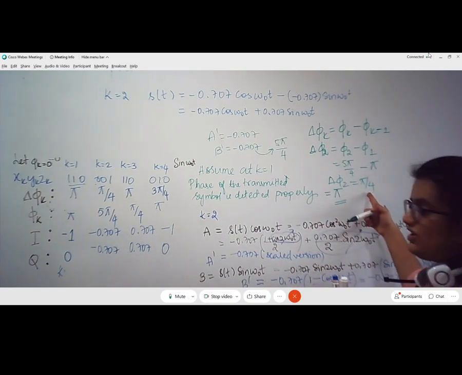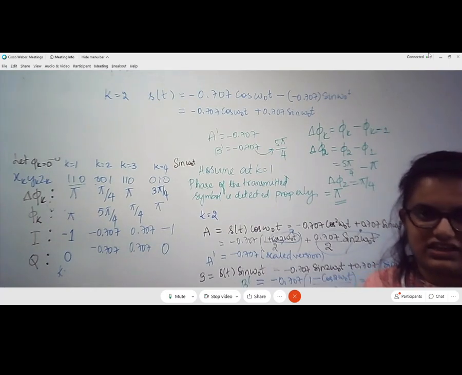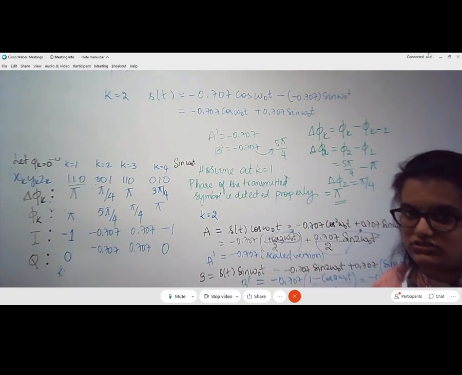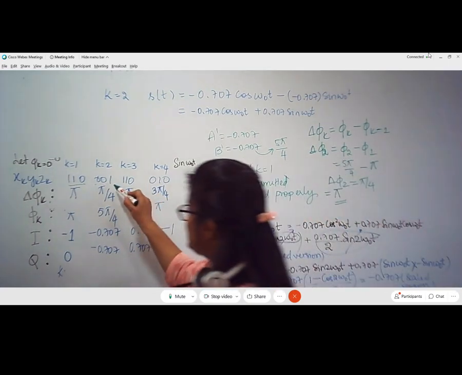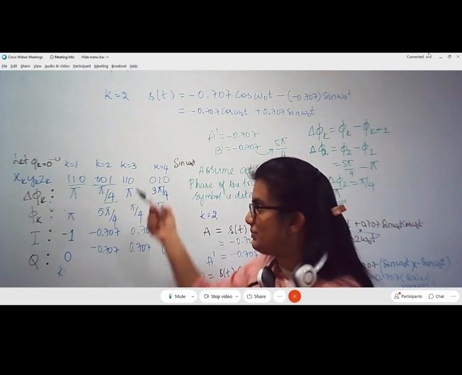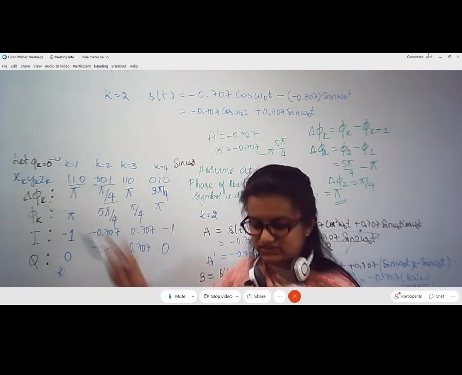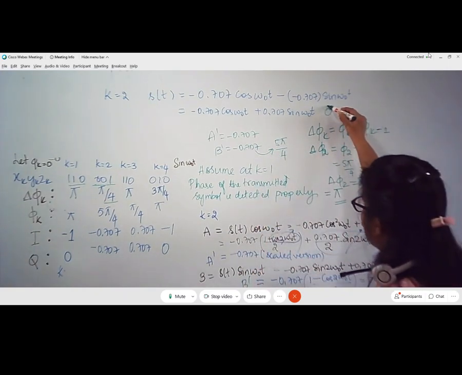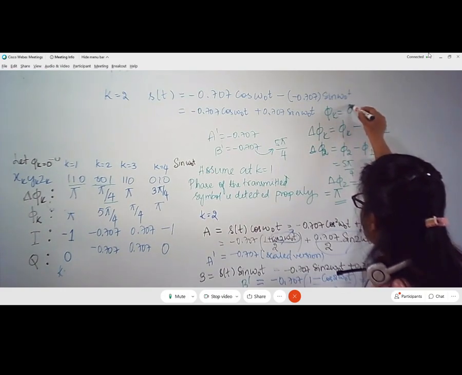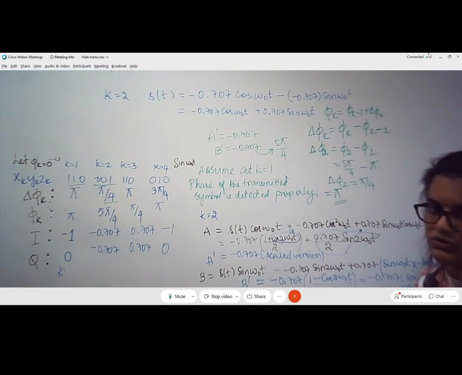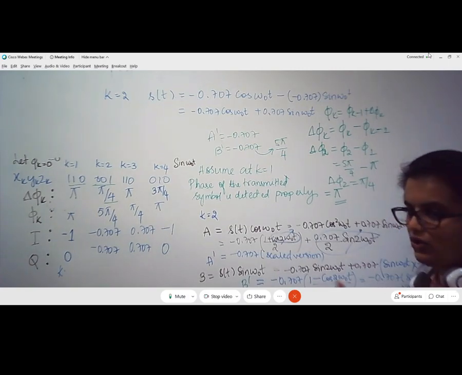Now if you see the pi by 4 phase difference, which bits were actually assigned to pi by 4? The first combination was all zeros, and the next combination for pi by 4 was 0, 0, 1. So for pi by 4, the bit assignment is 0, 0, 1. Like this we can do the reverse operation. You have to make use of the same encoding procedure in order to do the decoding also. You are just going to manipulate this very same equation to get the rule for the decoding procedure also. I hope this is fine.